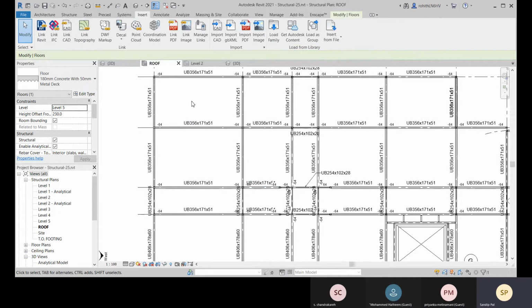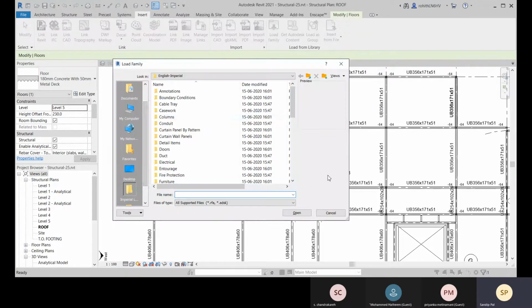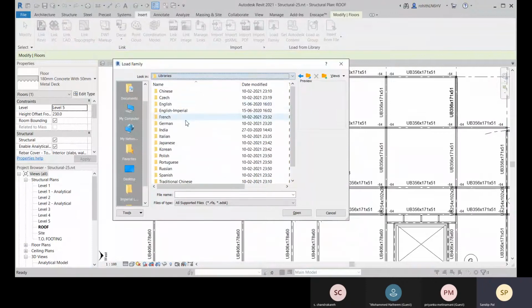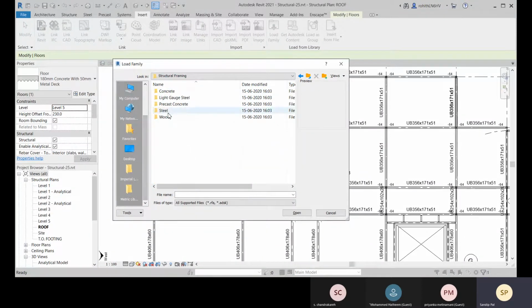So come to this insert. Suppose you will be placing some joist beam. So come to load family, and you are not using imperial, so you have to select English, that is for metric, and you have this structural framing option.